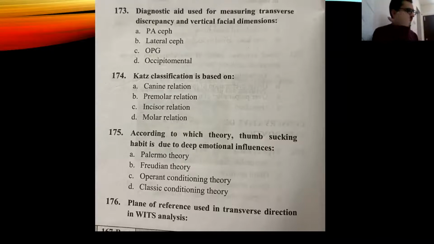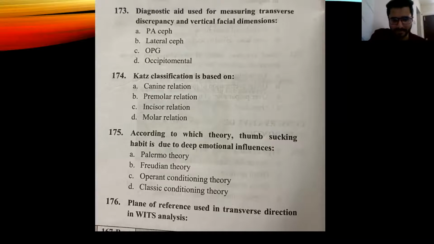If they're talking about lengths, or sagittal relationships, that is if the mandible is in front and the maxilla is at the back, for those cases you will use a lateral ceph. If you want to see if it's a class 2, class 3, or class 1 case, you'll take a lateral ceph, because you can see which jaw is in front and which jaw is in back. You can see that from the side. When you're seeing from the front, you can see the transverse dimensions and vertical facial dimensions, which you can assess better with a lateral ceph.